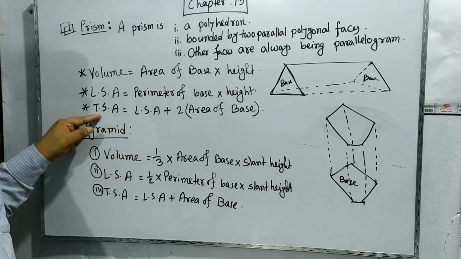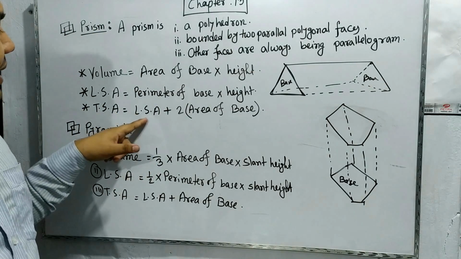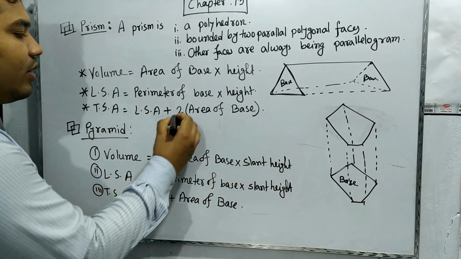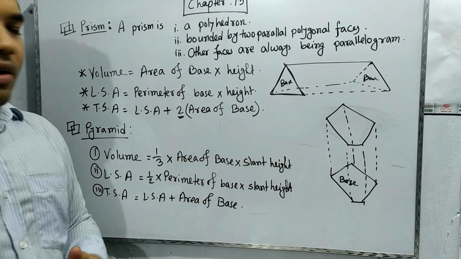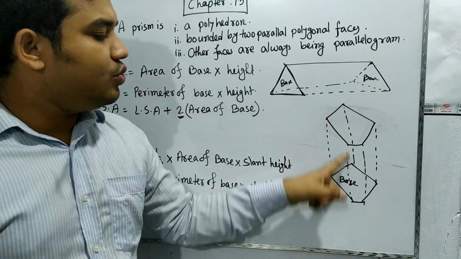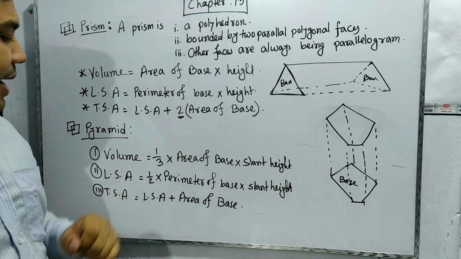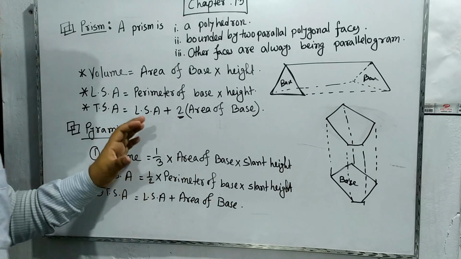And the total surface area will be the lateral surface area plus 2 times the area of the base. Here again one question may come to your mind: why do we multiply by 2? Because there are 2 bases, that's why you have to multiply by 2. Okay, now